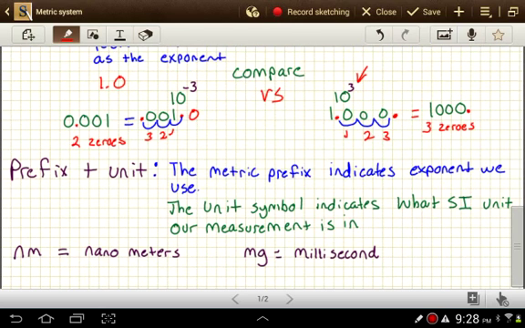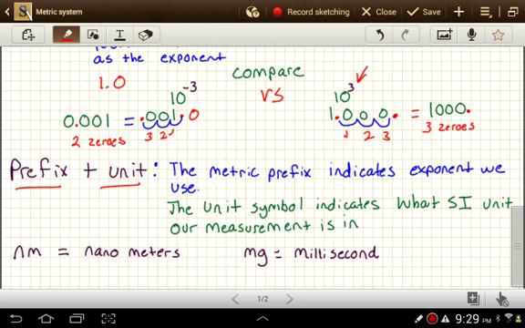Now, the metric system is used as a prefix system for the SI base units. As we've discussed before, an SI base unit is a unit of measurement for measuring different quantities. Length is measured in meters, time is measured in seconds, temperature is measured in Kelvin. So the SI base unit itself is the unit we're talking about, and the metric prefix describes how much of that unit is present. The metric prefix indicates the exponent we use,